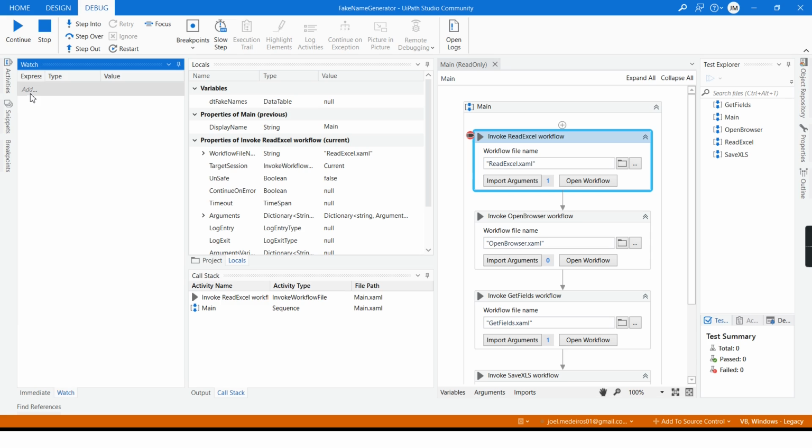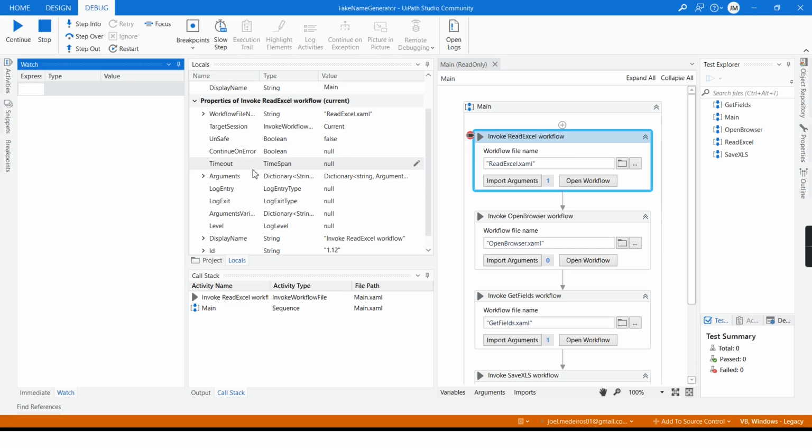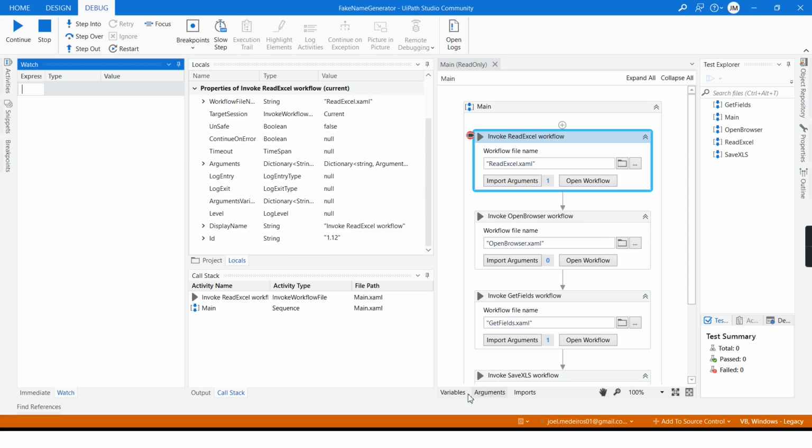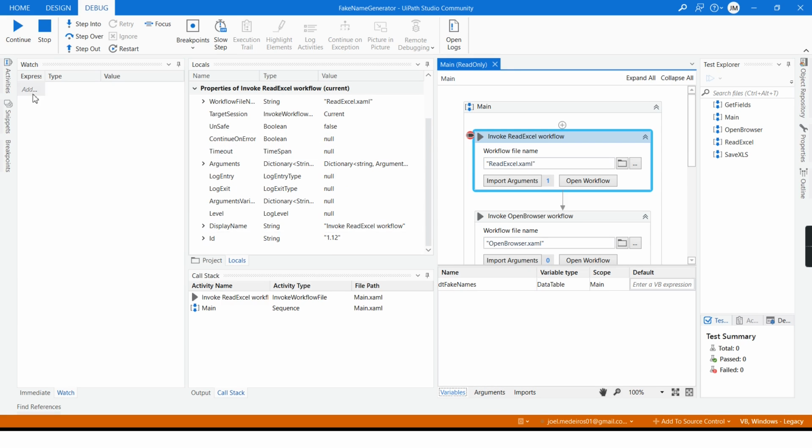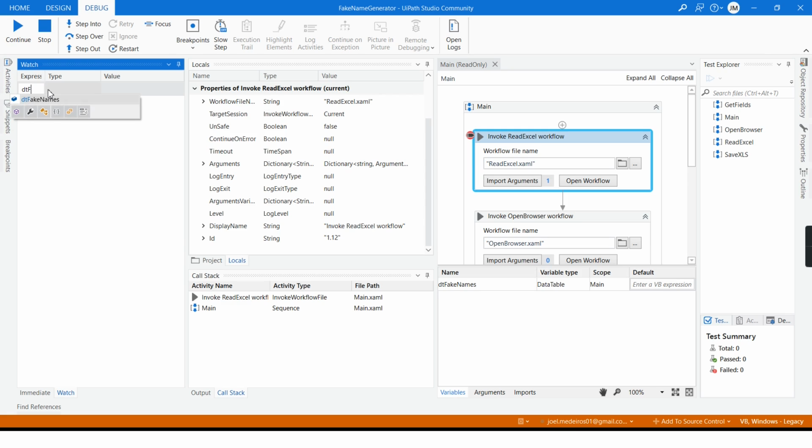On my watch, I can include variables. Let's say, for example, I want to check this variable here, dt fake names. I want to see how many rows it has.